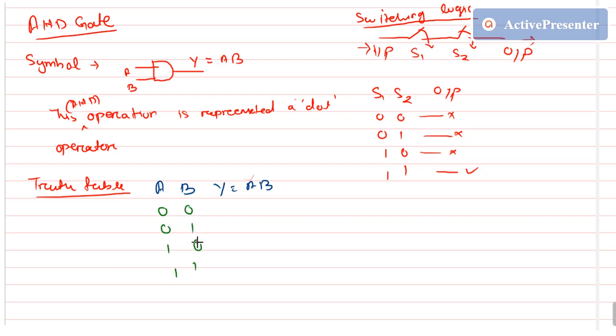So see here, for the AND operation this is similar to this switching circuit logic. So the output here will be 0, here 0, here 0, and only in one case will the output be 1. One more thing you can relate here is that as it is a dot operator or multiplication, 0 into 0 will give you 0, 0 into 1 will give you 0, 1 into 0 will give you 0, and 1 into 1 will give you 1. So it can be remembered in this way also, but practically it is the AND operation and the AND logic you should remember, not the multiplication.